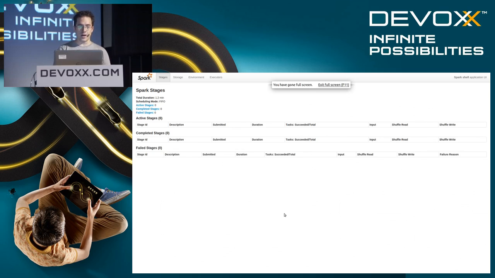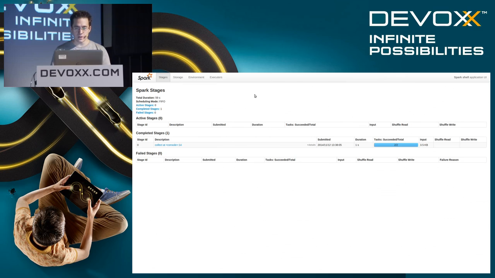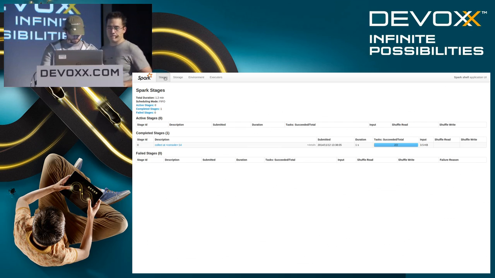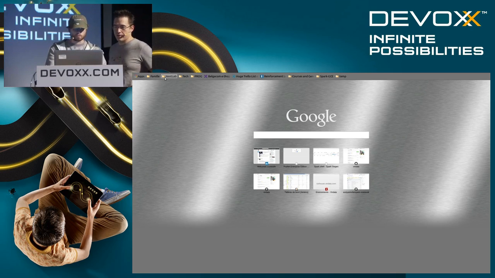So this is a Spark UI. F5. Yeah. And the first thing what's happening there, we are doing the first collect. And I think we are connected to the wrong one, no? Spark Shell application UI. Maybe go. No? This doesn't look like it's the right one.